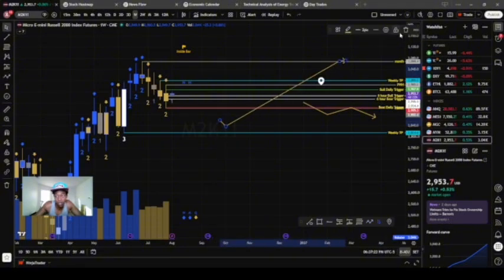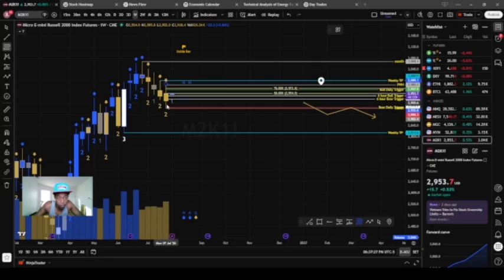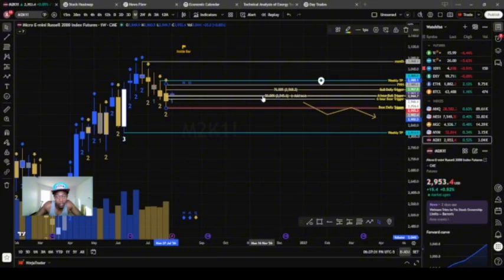But if price wants to get back above the 50 fib, which is right here, then we can look for bullish continuation all the way to the top right here. But the safest move is going to be waiting on the reaction to the previous week high right here. So coming into the week, if we break the previous week low and the month right here, then we can